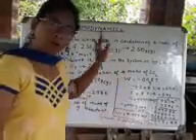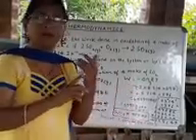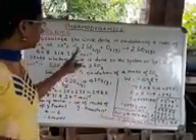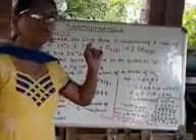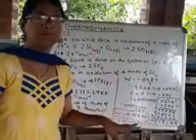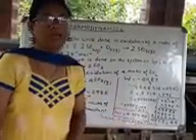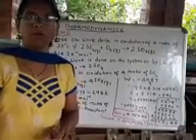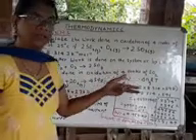I want you to copy down all the sums solved by me from 1 to 7. I should see all the sums in your notebook. I have already given previously the photocopy of the previous 4 sums, and now the 5th, 6th and 7th sum also I am sending a photocopy to you all. Please take it down without fail. Okay, and you can practice afterwards with the help of this, the different types of sums based on this.